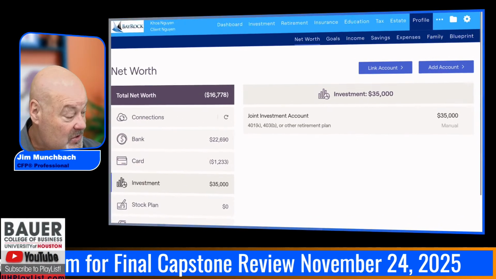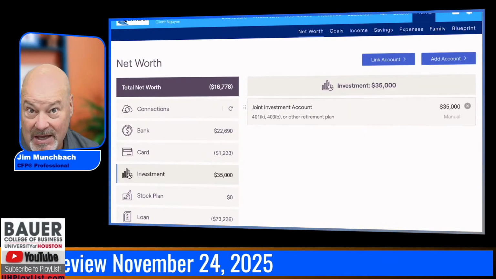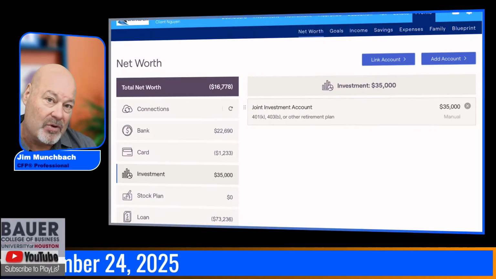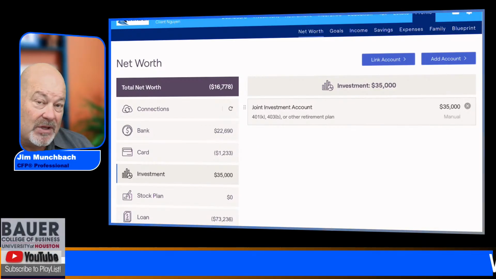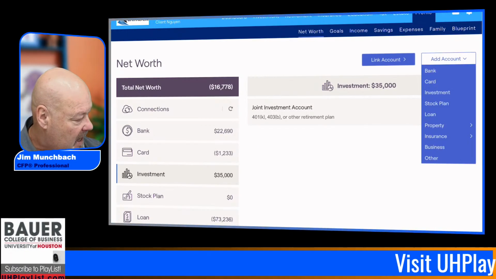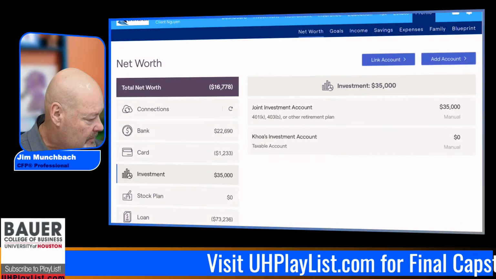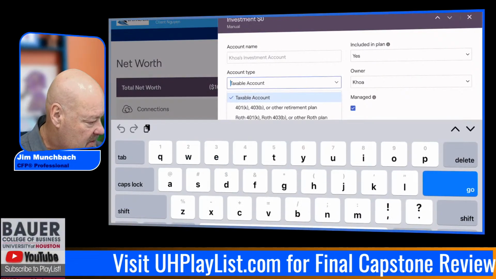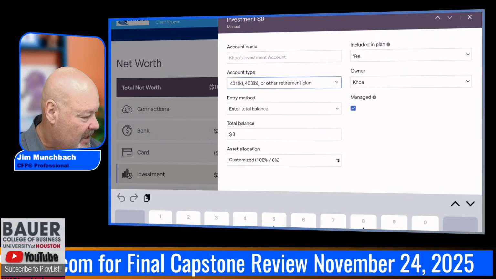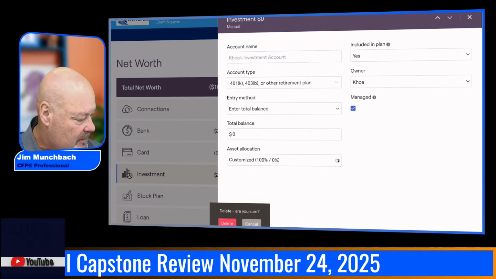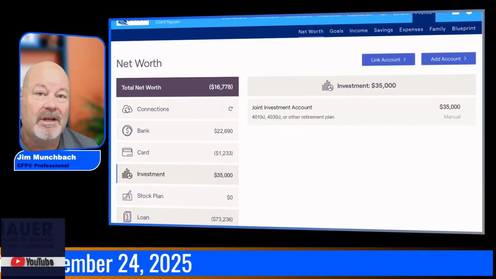So you probably want to just start over and follow the instructions, go back to that assignment, tax allocation, and make sure that you have a 401k set up and that you're funding that 401k, and make sure you have the actual account. This is where you would do it. You would add an account, investment, and instead of a taxable account, you would click on 401k, but it would be your name. Then you would go ahead and add that account and add the amount that is in that account.